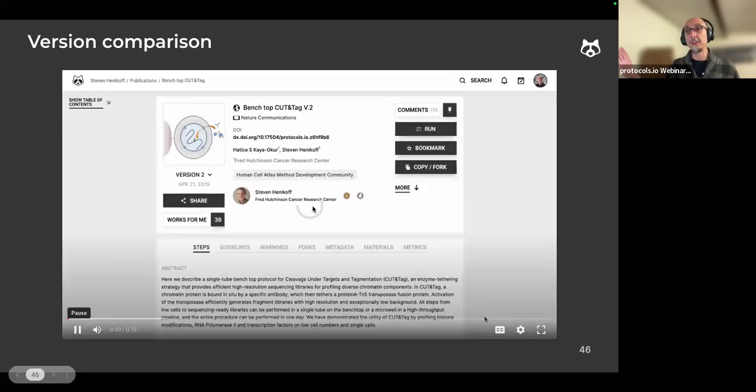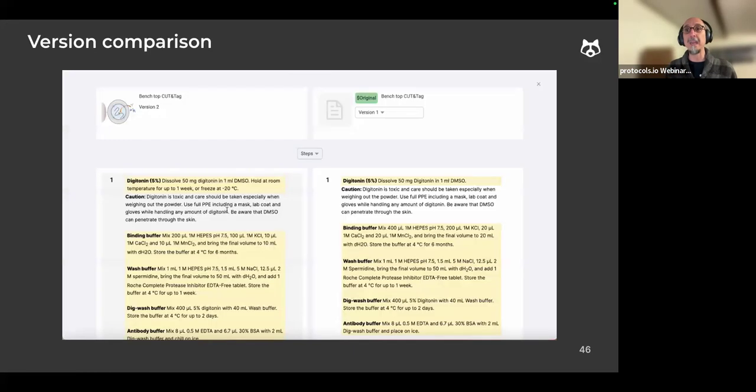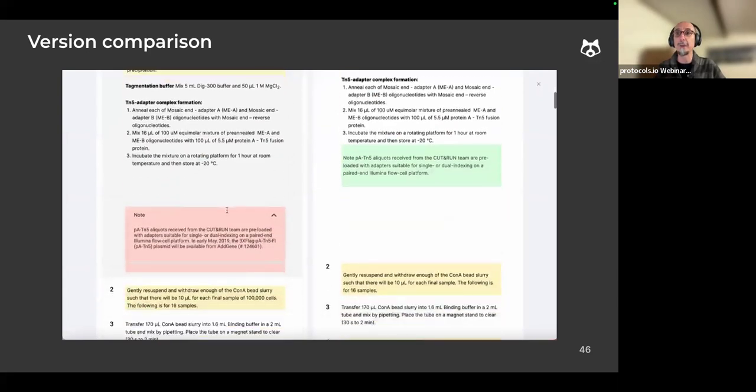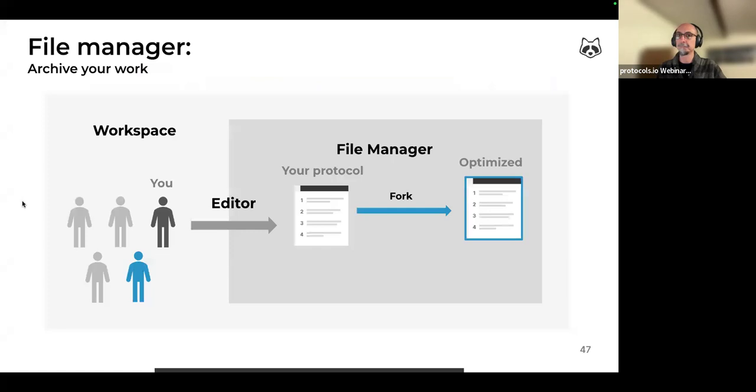And the platform, as I will show you in this movie, allows you to compare two versions of the protocol side by side, so you can easily see what the differences and optimizations are between the two versions. And even if a member of your workspace leaves, because let's say a student has graduated, the protocols will remain organized, up to date, and available in the file manager.